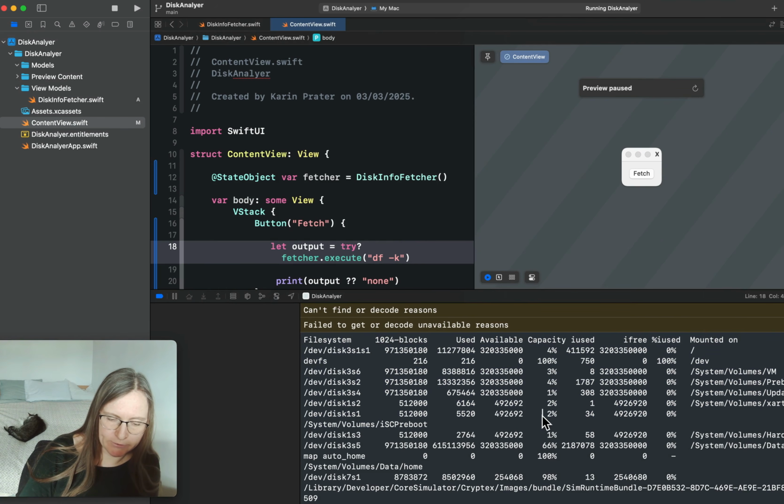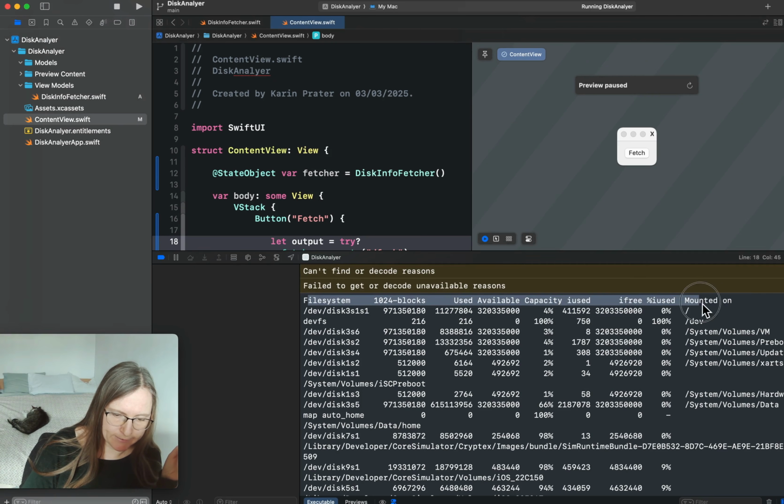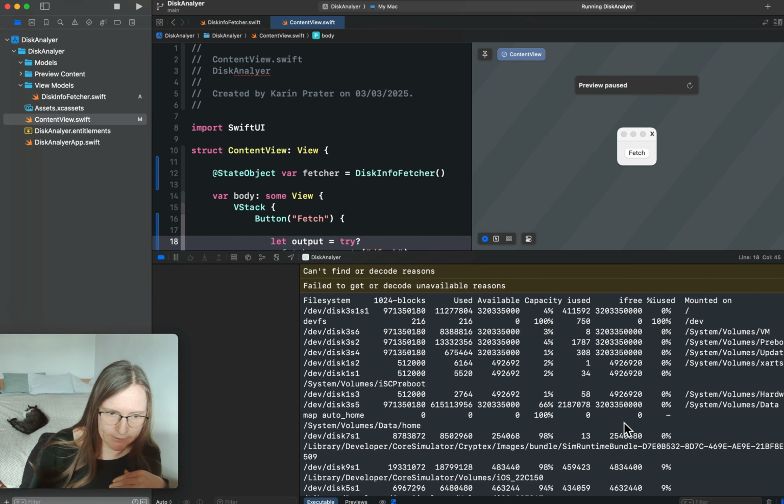And the next task, as you see, is to actually parse this into usable information for our application. If you look at this information, I have the first line I should probably ignore because this is the table header. And then I have all these columns and they're separated by a tab or empty space. This is not ideal for parsing. If I would have JSON, I would prefer JSON. We are first creating a little helper model that transforms this raw data into proper data,